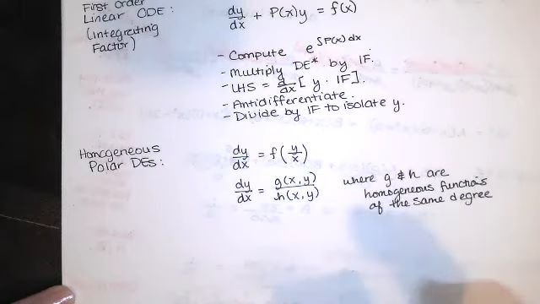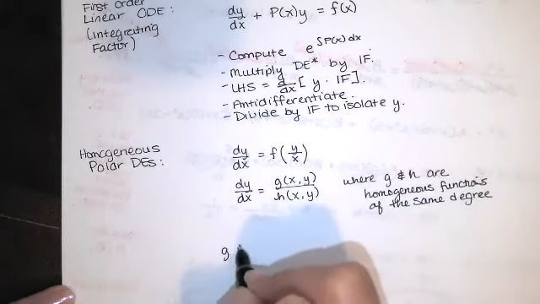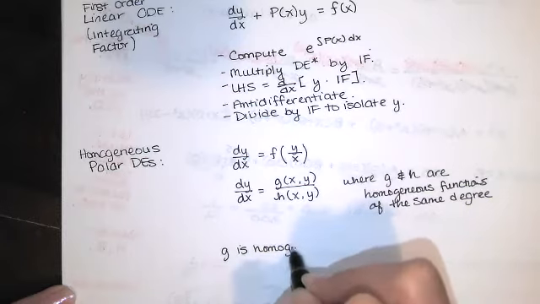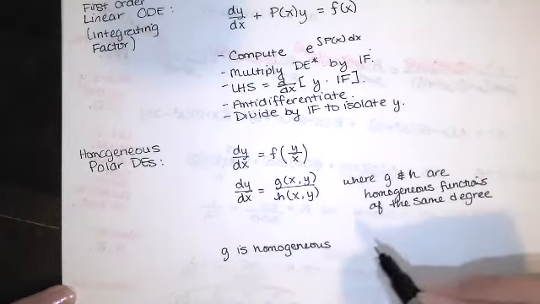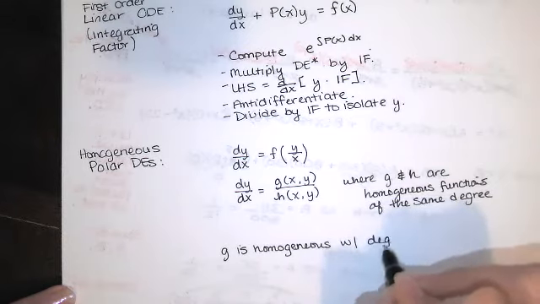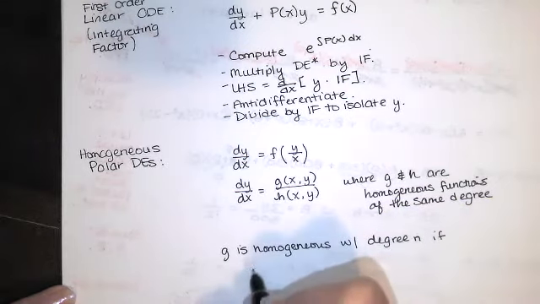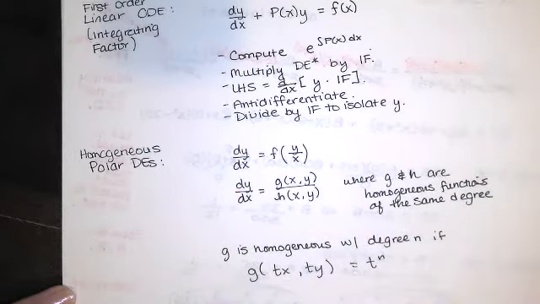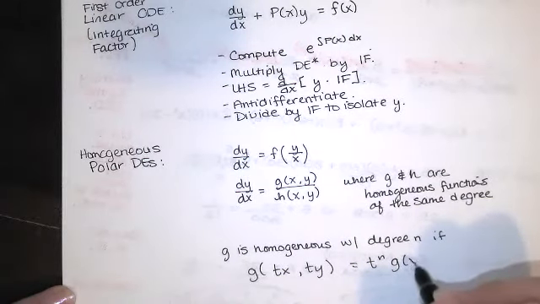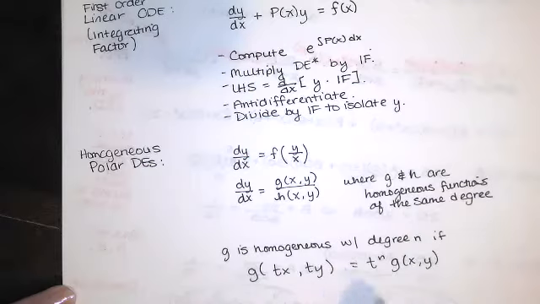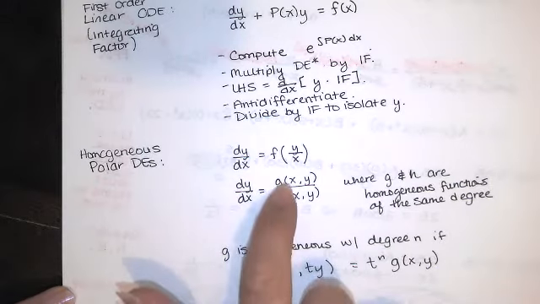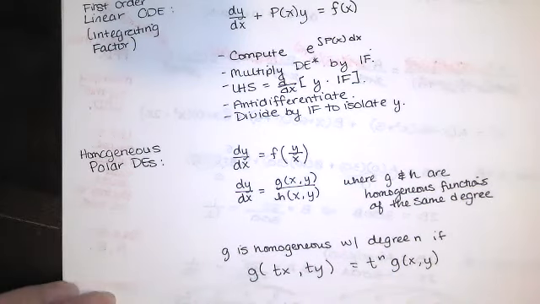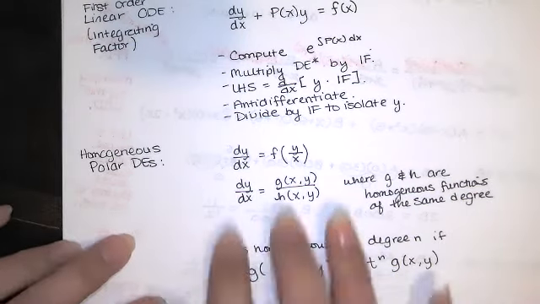Now, just to remind you, a function is homogeneous with degree n if the following is true. If replacing x with tx and replacing y with ty results in just t to the nth power times the original function, if you can make that substitution and then factor out t to the n, then this function is called homogeneous and we say it has degree n. So these two functions have to be homogeneous functions and they have to have the same degree or the same order. If that's true,